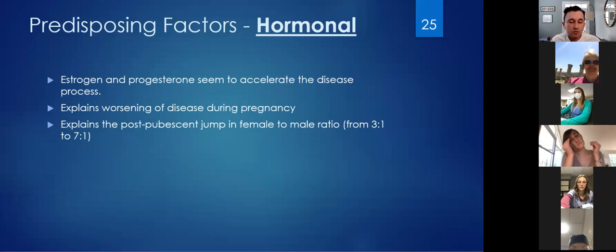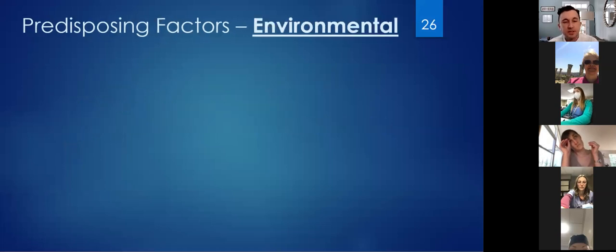So even before puberty, females have about a 3-to-1 ratio compared to males, and that's mainly due to the X chromosome, as I mentioned. But then you throw in the hormonal factors and it more than doubles, okay? So it's just bad luck that these genes are located on the X chromosome, and women happen to have 2, and they happen to have feminine hormones that really make them much more likely to have lupus compared to their male counterpart. So beyond genes and hormones, other things play a role too.